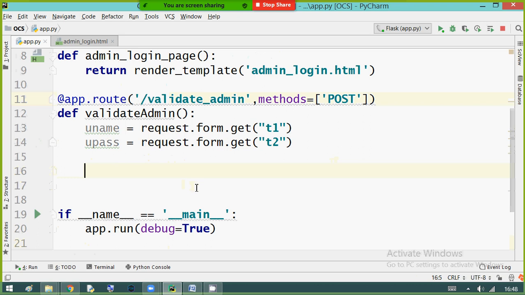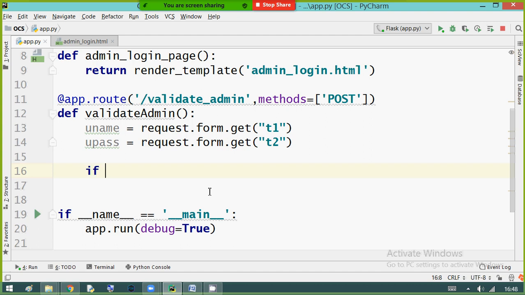Now, listen to me everyone, a simple validation I am writing for admin. In admin login I am not using any database. If you want you can integrate a database also, but in my example I am not integrating any database. Simple, I'll open the page like this.